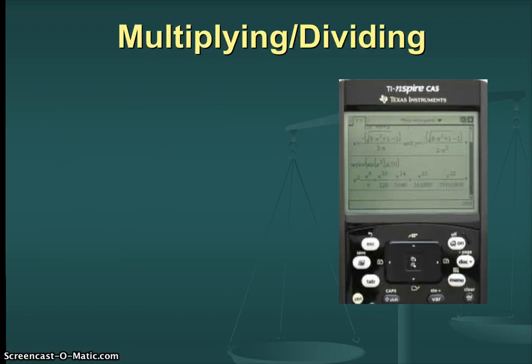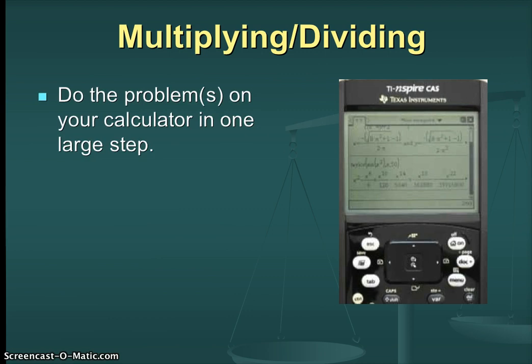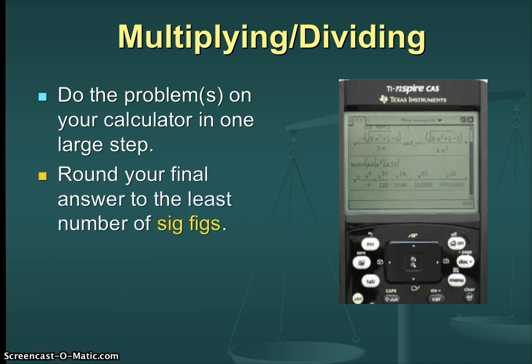The reason we have these rules is to help us round our final answers to something that's useful, not too vague and general and useless, but not so specific as to simply be a lie. When you're doing physics problems, do everything on your calculator in one large step. The whole equation, you should only be pressing enter once. Having done that, when you have your absolute final answer on the screen, count the sig figs in your problem.